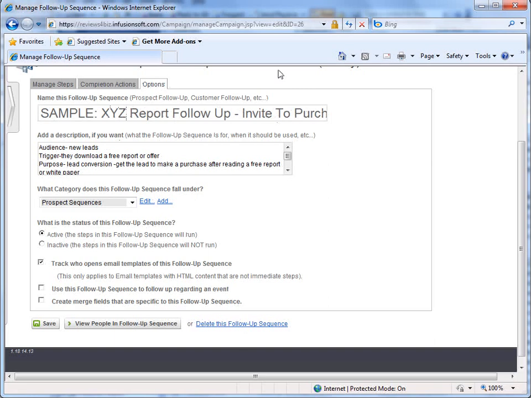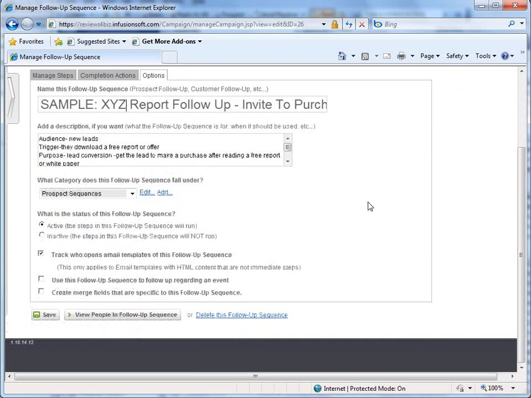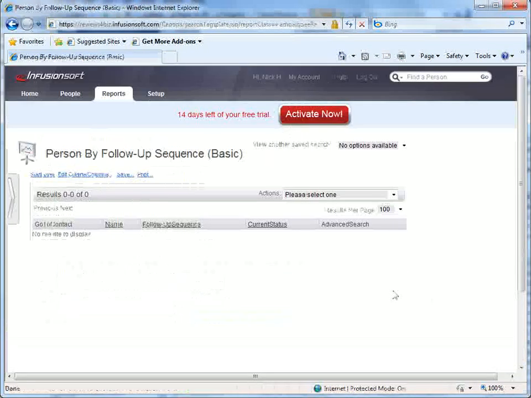And so they've kind of, this is very nice. They've created your list for you, or created your sequence for you. They've created your naming and all that sort of thing, and so they give you options of doing this. This is very nice stuff. So now we've created a sequence. So let's see how we're going to add, view people in the follow-up sequence. Okay, let's click that. Okay, so we have the follow-up sequence, but we don't have any people. So we need to figure out how